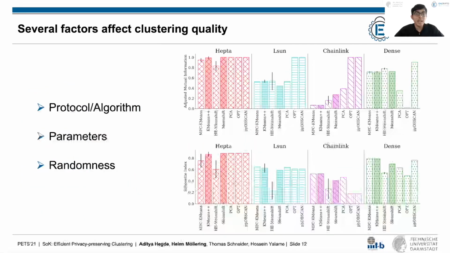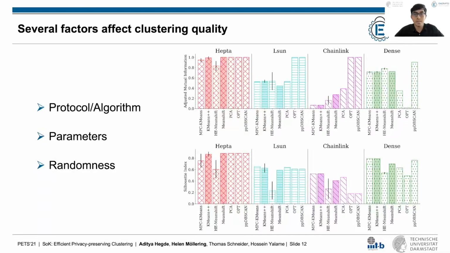We also evaluated the clustering quality of the protocols on datasets with different parameters like number of clusters, density of clusters, outliers, noise, and so on. The main takeaways are that the clustering quality changes significantly with the protocol or algorithm, and no algorithm works well on all datasets. In general, we found that DBSCAN performed well on most datasets, while k-means usually worked on convex